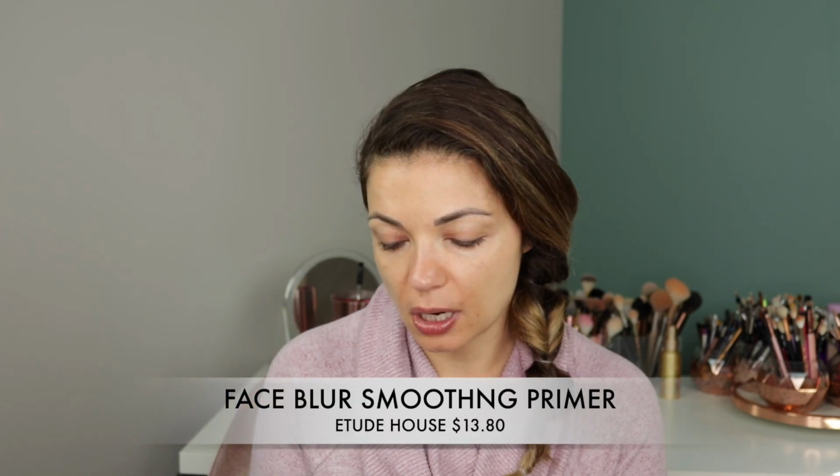All right, so this next item I was not really intending to buy, but when I was looking at things and I saw the great reviews that it had, I was really interested. And this is the Face Blur Smoothing Primer from Etude House, which is a really popular K-beauty brand. And it looks like this does have an SPF in it. It says multi-makeup base,